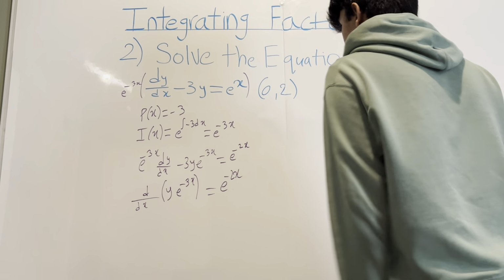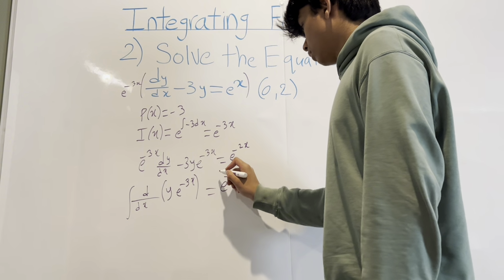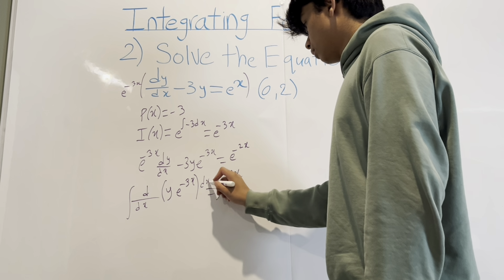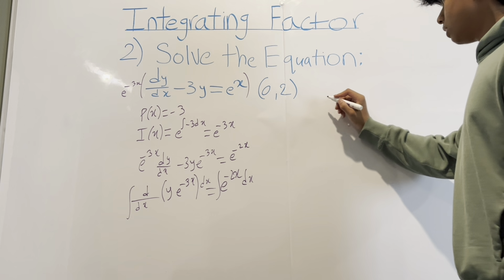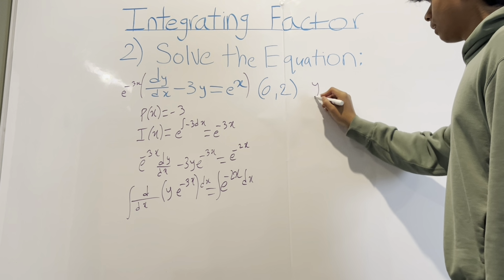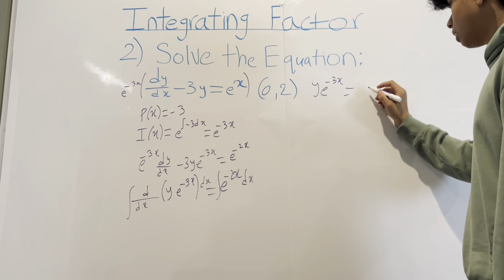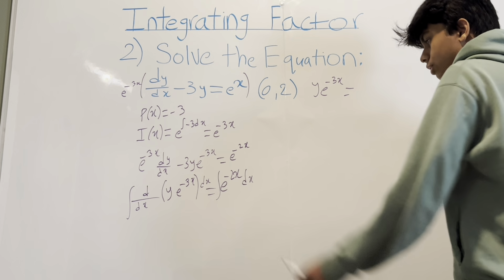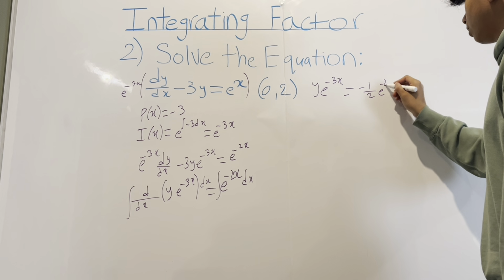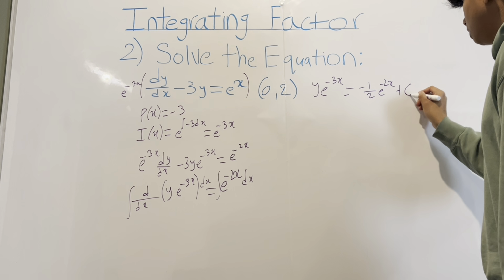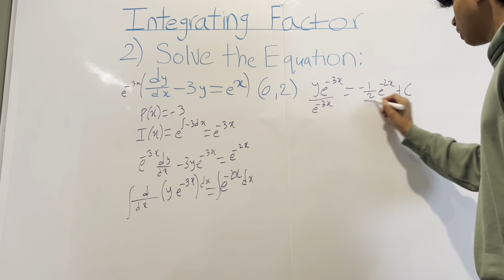And now we have to integrate both sides, dx and dx. Now this left side is going to be y e to the negative 3x is equal to the integral of e to the negative 2x, which is just negative 1 over 2 e to the negative 2x plus c, and then we divide by e to the negative 3x on both sides to solve for y,